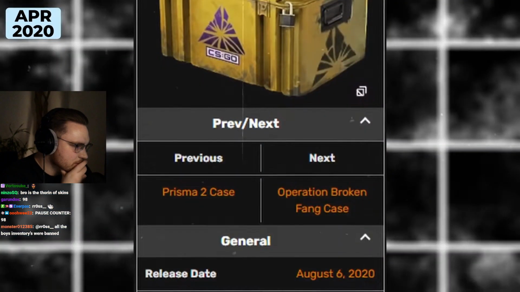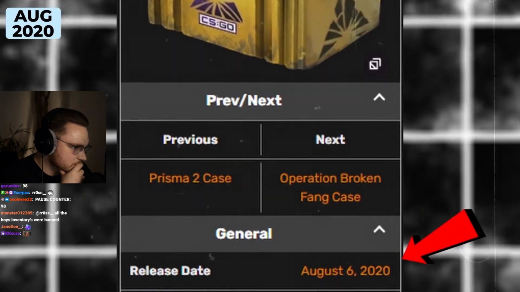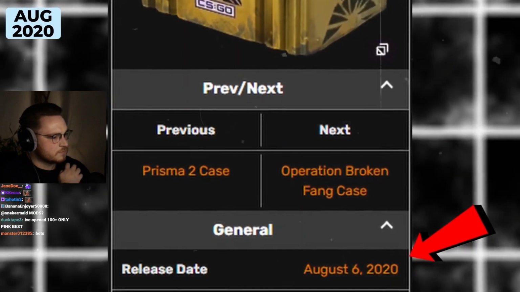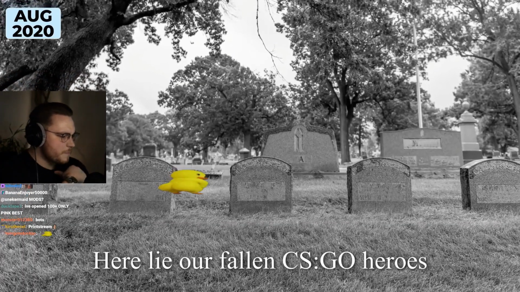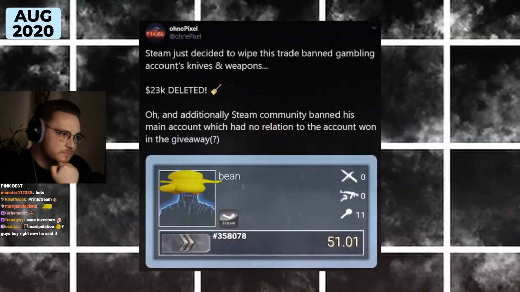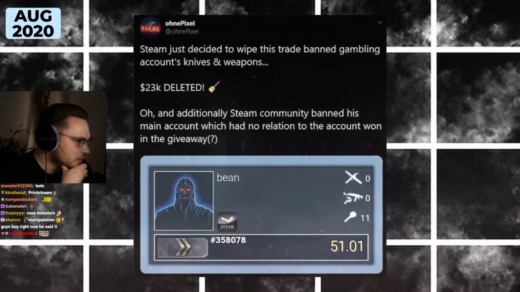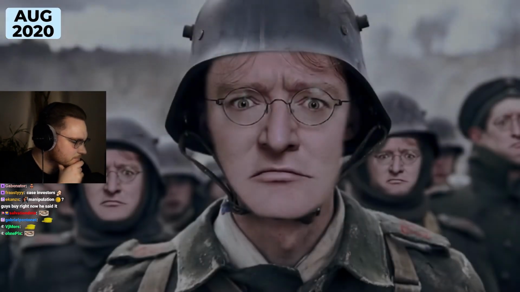But here's the thing. The Fracture case released in August, and basically nothing had happened in the meantime. And I don't mean by that the community was dead or anything, in fact it was bigger than ever. There were plenty of minor community events like Valve deleting the inventory of the gambling bot that some YouTuber was publicly given by CSGO Empire, stuff like that. But on the Valve front...